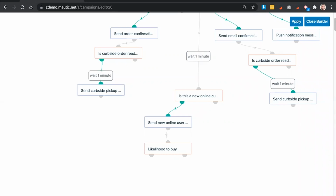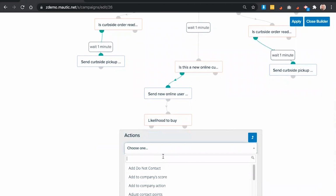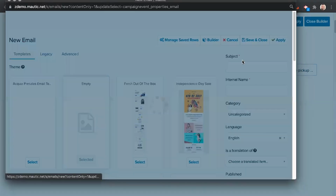And if they do meet this criteria, we're going to go ahead and send them an email with that bounce back offer. So we'll go ahead and add that action. We'll go ahead and send an email. And we'll define the email that we want to have in place. In this case, we're going to go ahead and create a new email. So we'll provide a name,